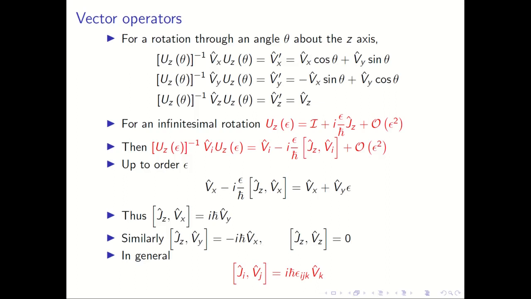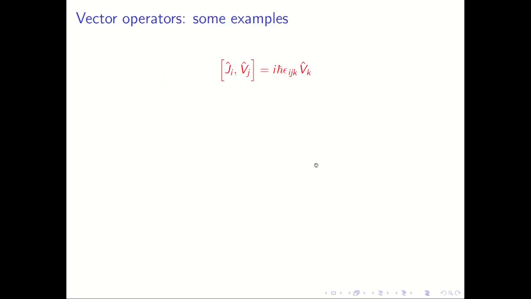I personally find the rotation properties to be more geometric and meaningful, and so these I will tend to think of as defining results or derived results rather than definitions. But let me warn you, several books start with this as a definition. Now that we have the definition of vector operators, what examples do we have of them? Well, remember, any set of three components which behave like this, which have a commutator like this, or transform under rotations the way coordinates do,